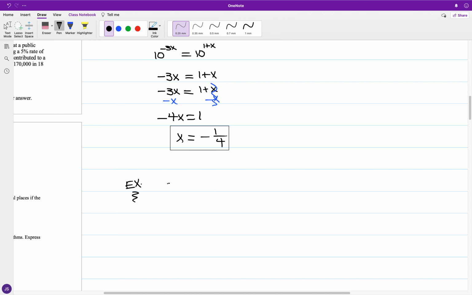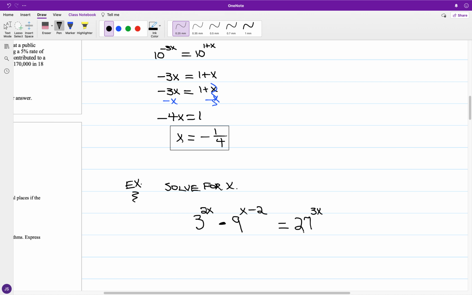And let's say we have something like 3 to the 2x times 9 raised to the x minus 2 is equal to 27